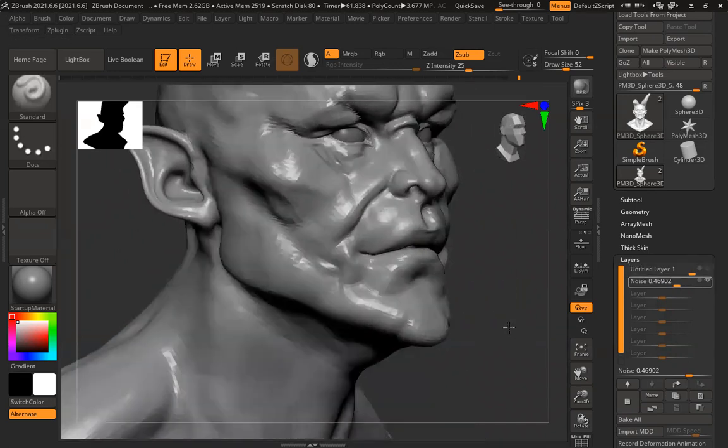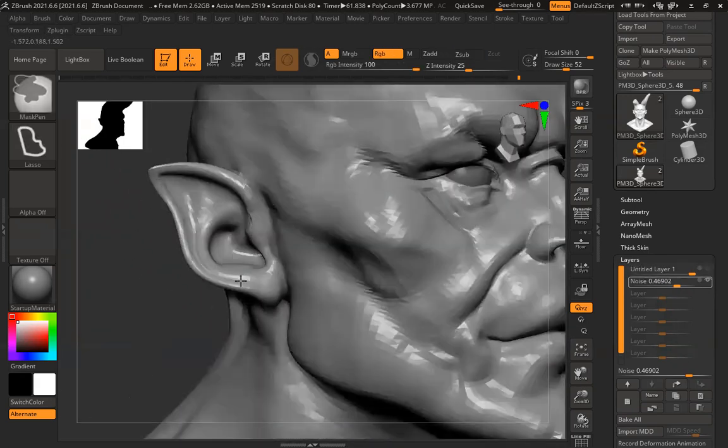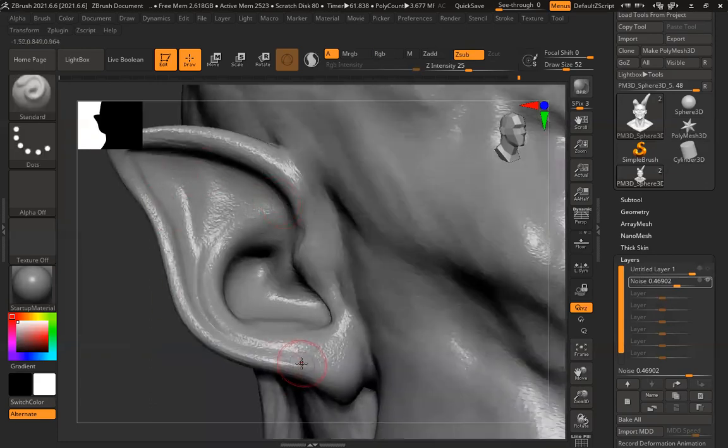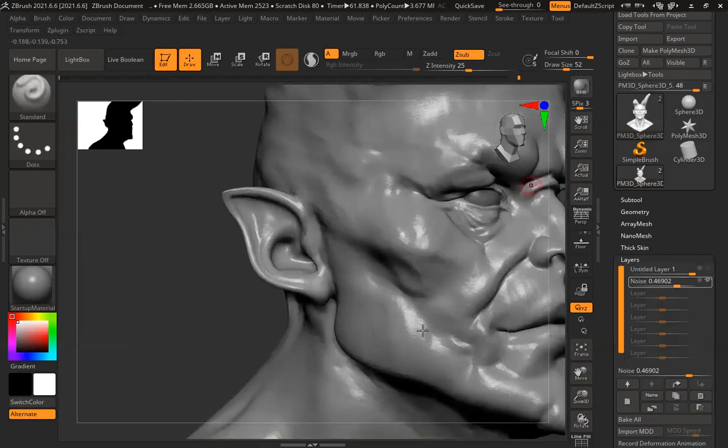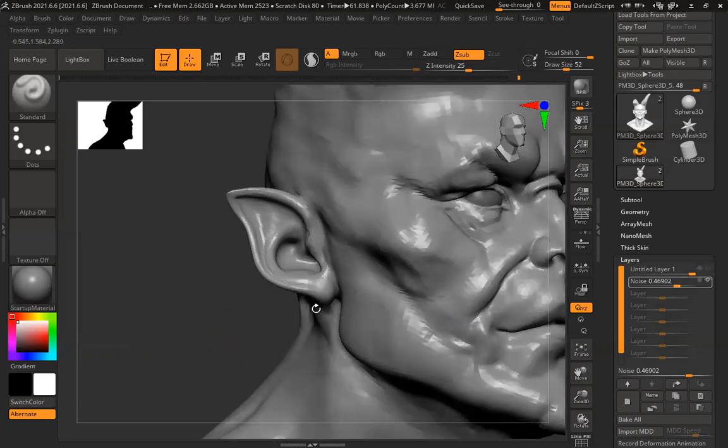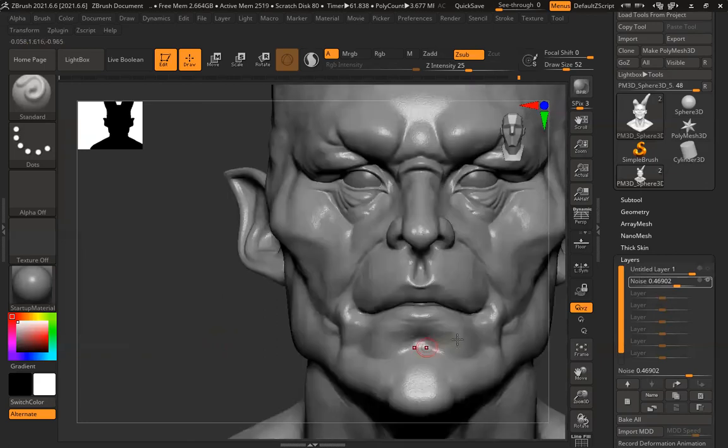So what happens from a distance, like ear and all, still you get those grains there. So no matter what you do, all the parts will have some amount of grains. So this is just the base. And on top of this, we'll add all the pores, wrinkles, lines, some scars and all this. And all this definition we'll add on top of this one by one.